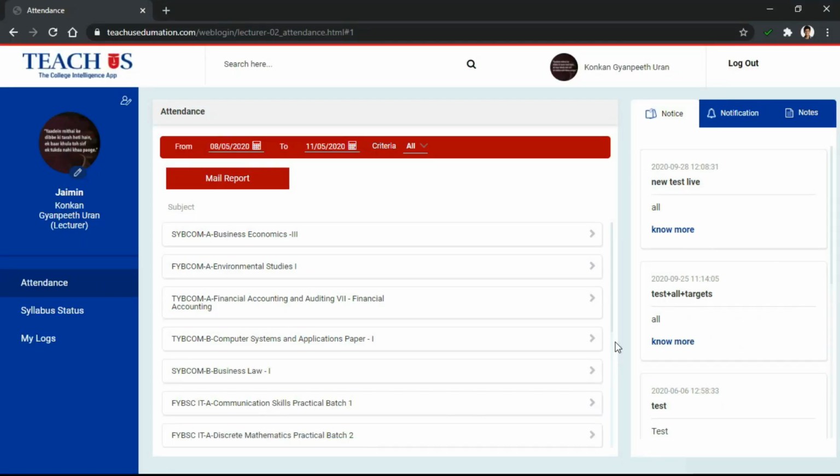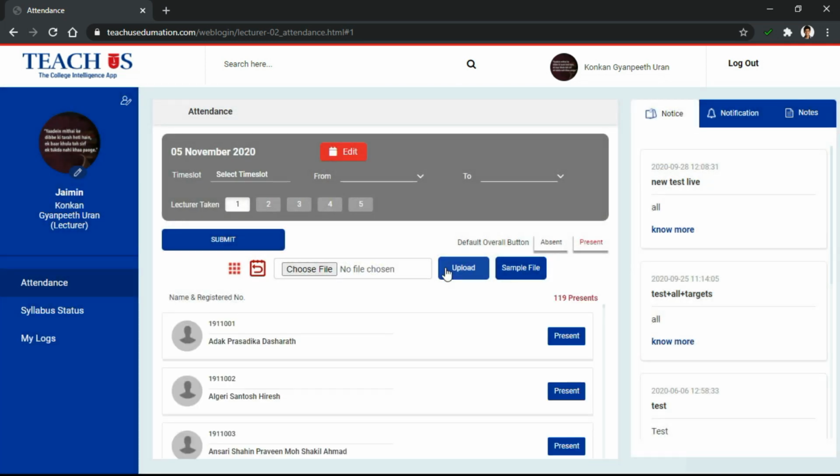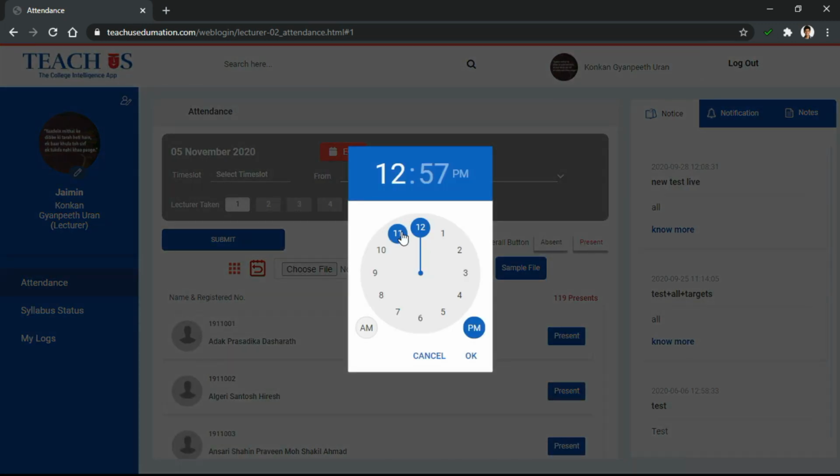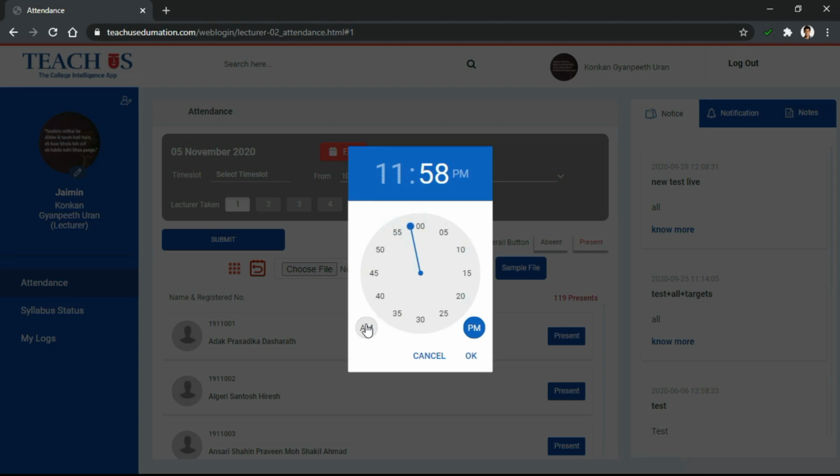Let's just move on to how to upload that particular attendance sheet. For example, this is the teachers portal that you might be getting. If you are enrolled with us, the entire solution is totally free of cost. We have all the list of subjects which you are teaching in your particular class or college. You just need to click on one subject that you are teaching today or that you want to record an attendance of. Just go inside that, and set the time from what time to what time you have taken lectures. So let's say I've taken lectures today from 10 a.m. to 11 a.m. I'm just setting the time right now.